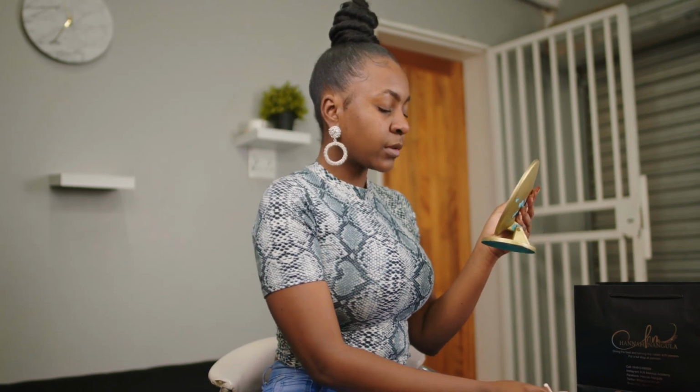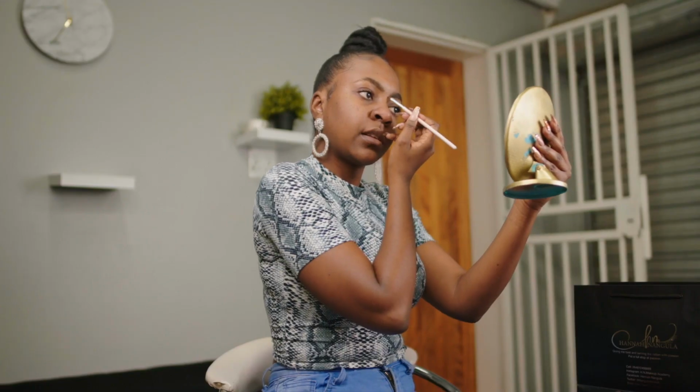So this is how I do it. This is my technique. It doesn't necessarily have to be YouTube approved or makeup artist approved, but I like to outline the top of my brow like this. Once I've outlined it, I like to leave the top part open just like that,